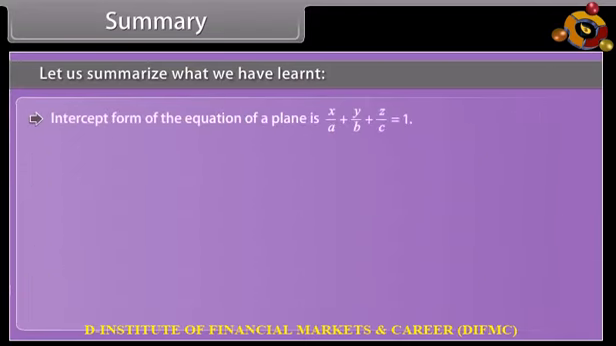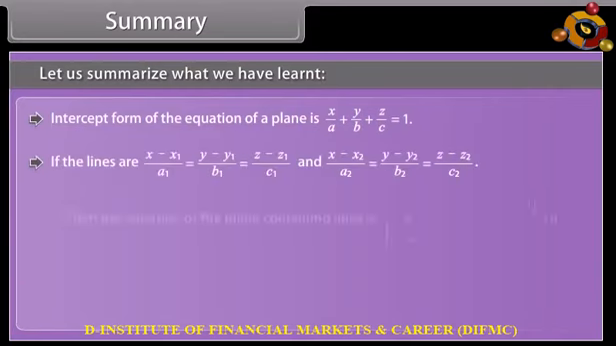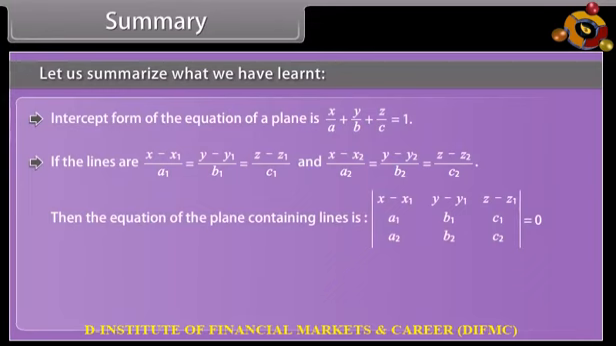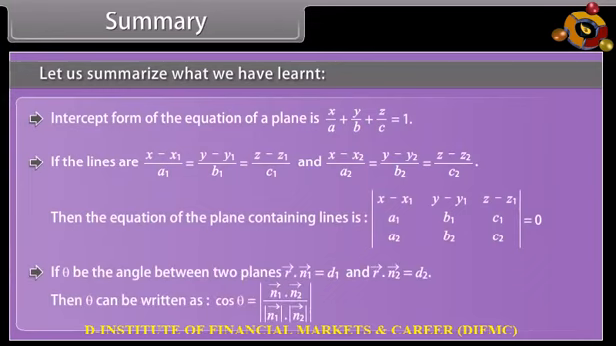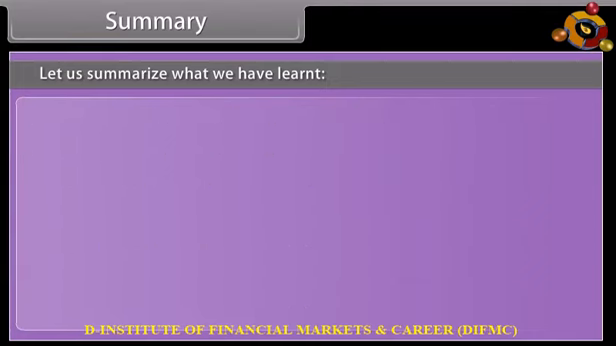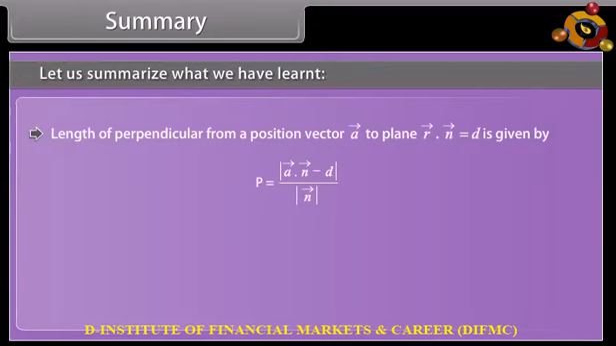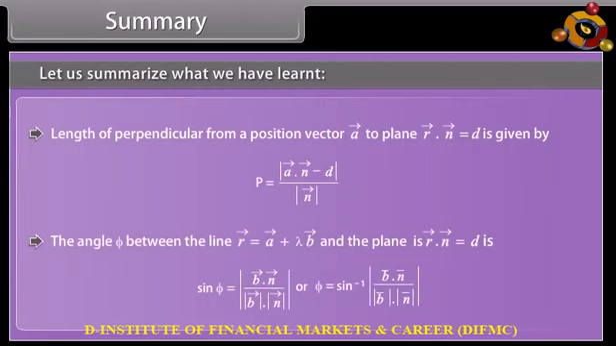Intercept form of the equation of a plane is given. If the lines are given, then the equation of the plane containing the lines is given. If theta is the angle between two planes, then theta can be written as follows. The length of the perpendicular from a position vector A to a plane is given by the following. The angle phi between the line and the plane is